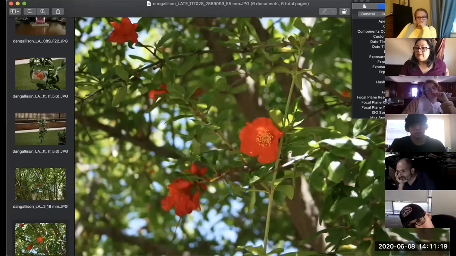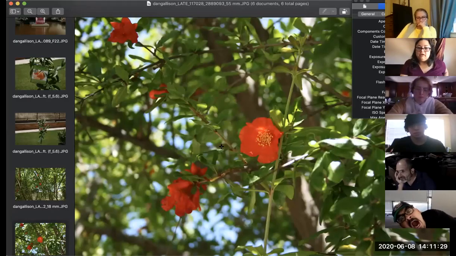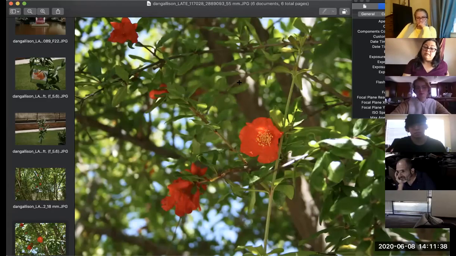Here the focal length has changed to 55 millimeters, which is now gone from wide angle to normal. The f-stop is the same. Presumably the distance is the same. You can see that the depth of field has decreased a lot. It's much shallower. So the point of focus is still in focus, but now the background is out of focus